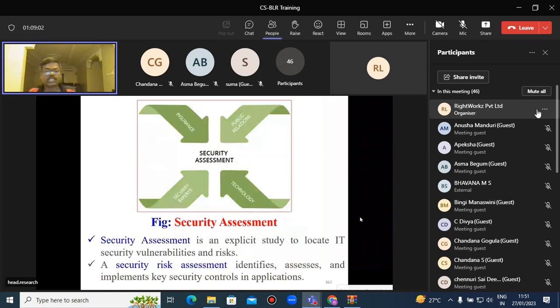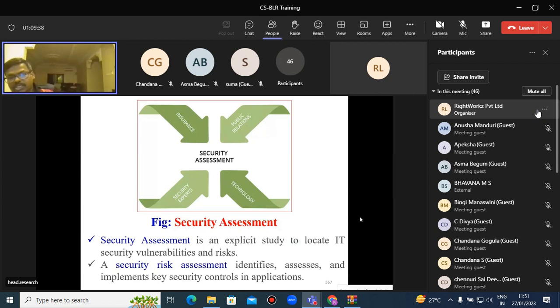Then see the security assessment. What is meant by security assessment? Based on the 4 components, we are performing security assessment. We are assessing what level of security mechanism you are using. See, through insurance, through public relations, through technology, through security experts, we can conclude that security assessment is very strong based on these 4 components, like insurance of the employees in